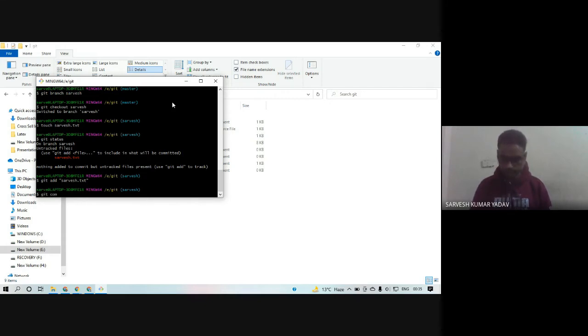Git commit with message: created new file for new branch service.